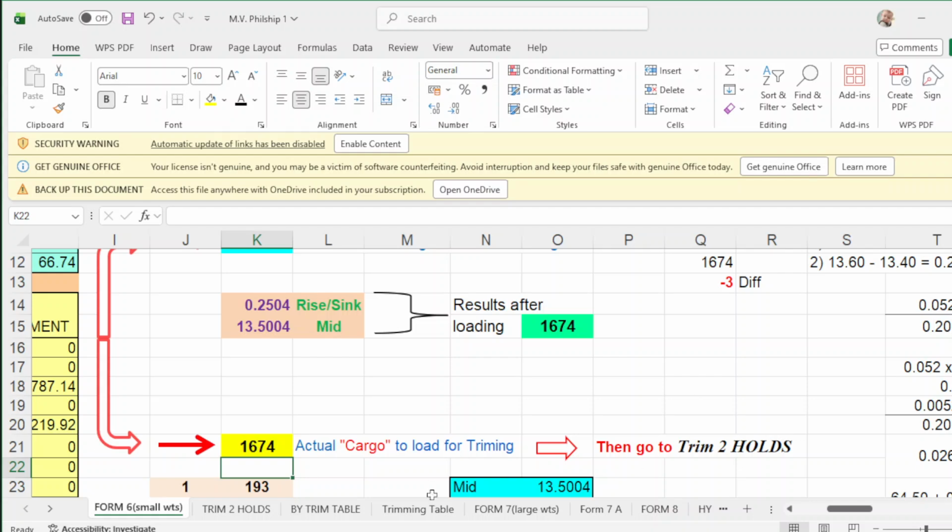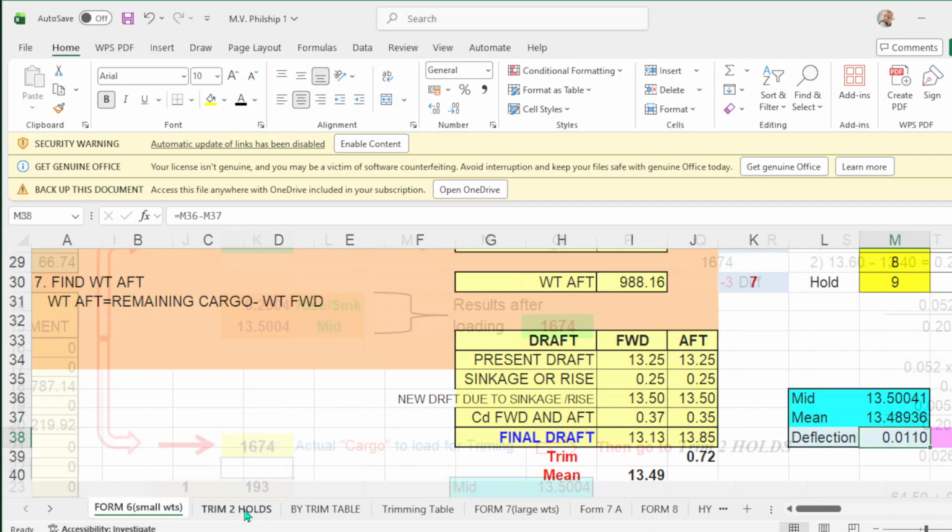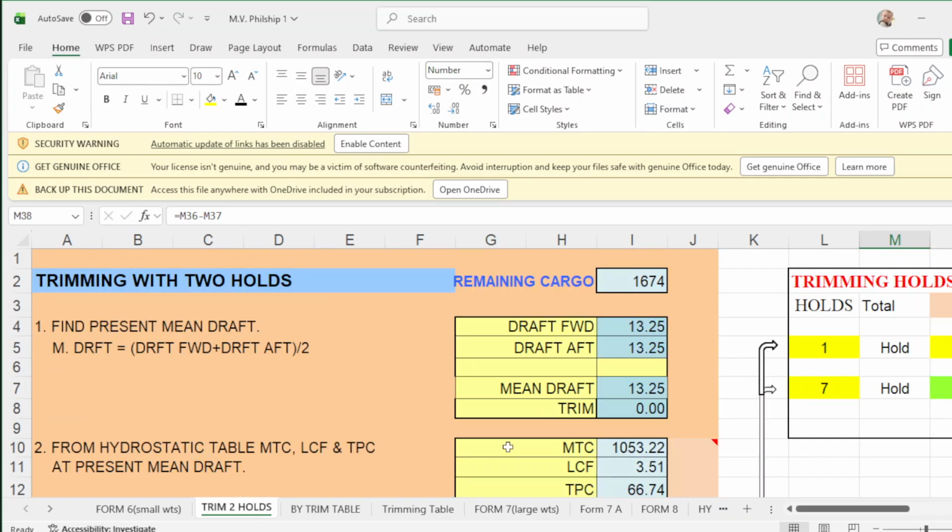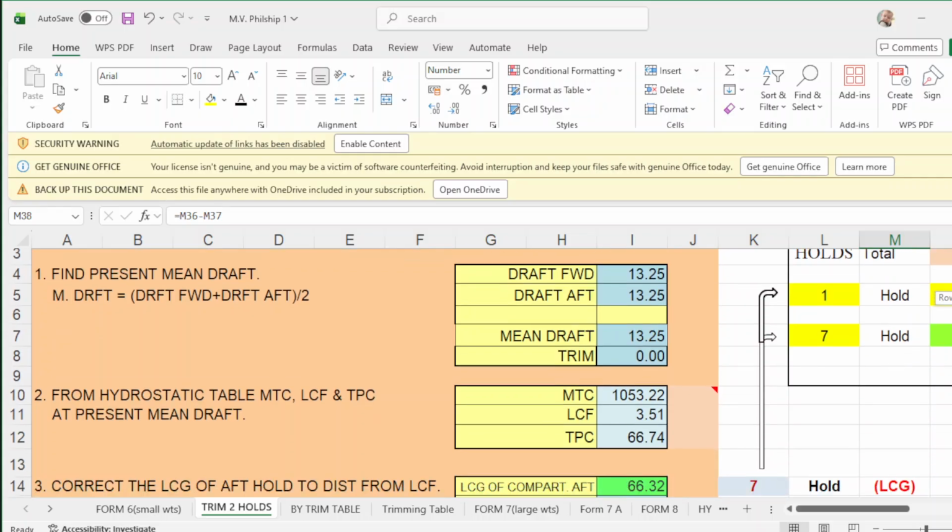You take note of this value 1674. You go to trim holes 2, and this is the trimming with 2 holes, and your remaining cargo to load is 1674. Okay, this is your initial draft, and this will be your mid draft, zero trim, and TPC, MTC, LCF.